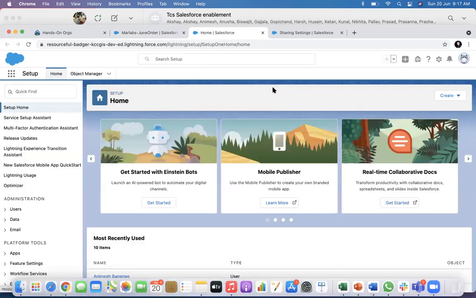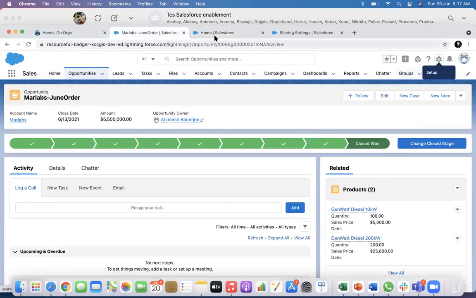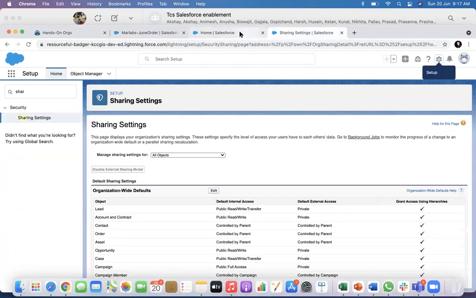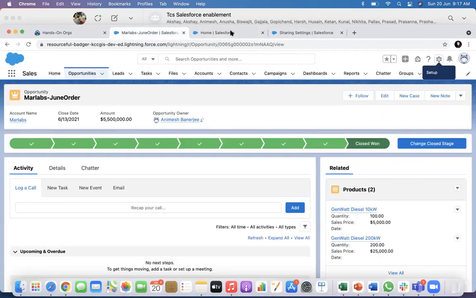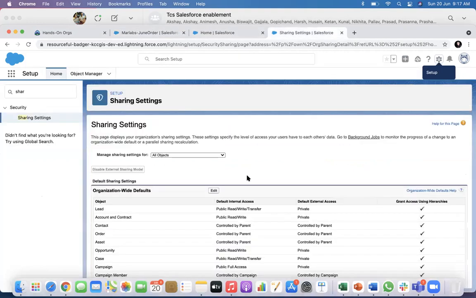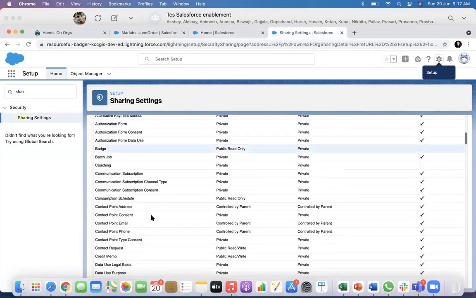Objects with a master detail relationship. Absolutely. If you create a custom object, and you create a master detail field on that custom object, the owner field vanishes. So if the owner field vanishes, then what is the impact on OWD? OWD becomes automatically controlled by parent. Clear? So that's why it will not even show up in the sharing settings, because it is automatically controlled by parent.